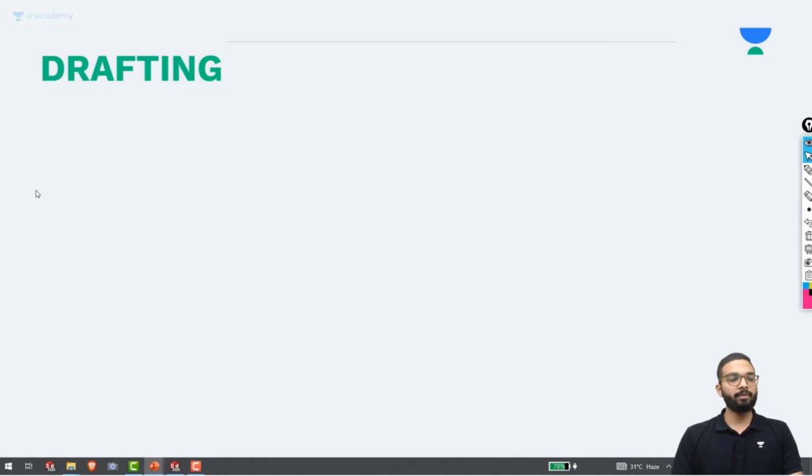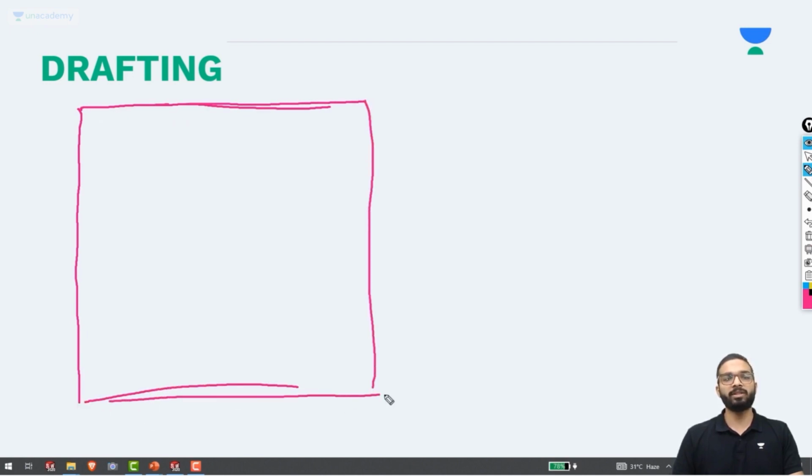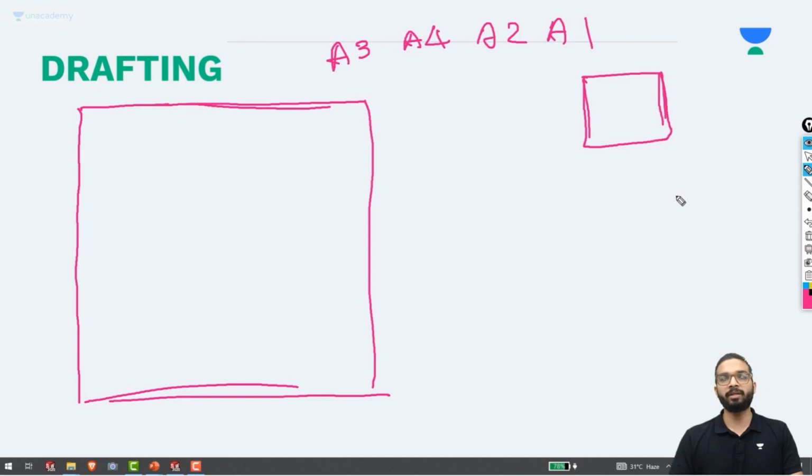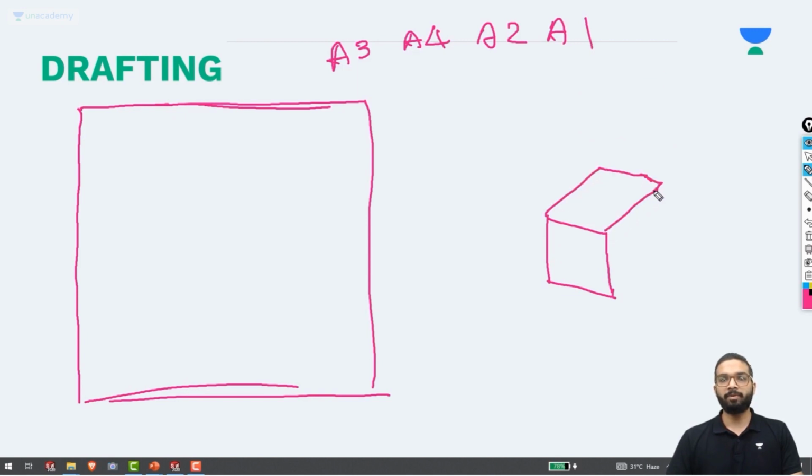So here, with the help of a small sketch, let me show you how the process of drafting works. First, we have a sheet over here, let's say of any size. We can choose a sheet size of A3, A4, A2, A1, whatever size can accommodate your draft, or rather your 2D views. Next, we have to choose the model for which we will be creating a 2D drawing. Let's say in our case we have a cube like this,